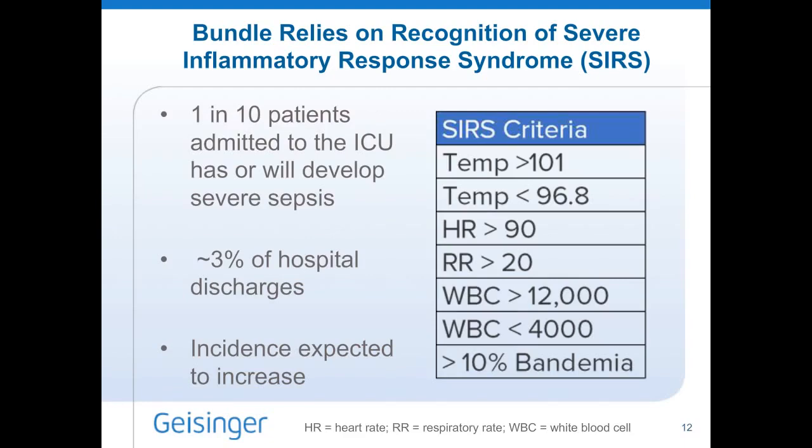Now, the Step 1 measure definitions are listed here on the left from lowest to highest severity. Sepsis is 2 of those SIRS criteria we just talked about, plus a suspected infection in the eyes of a physician who's treating that patient. Severe sepsis is lactate of greater than 2 or an organ dysfunction. Septic shock would be severe sepsis with hypoperfusion despite fluid boluses and a lactate greater than 4. So we move from sepsis to septic shock.